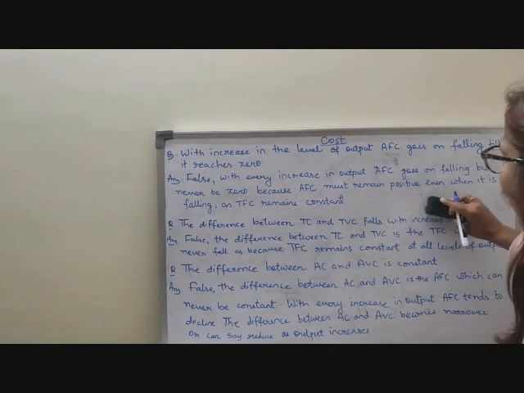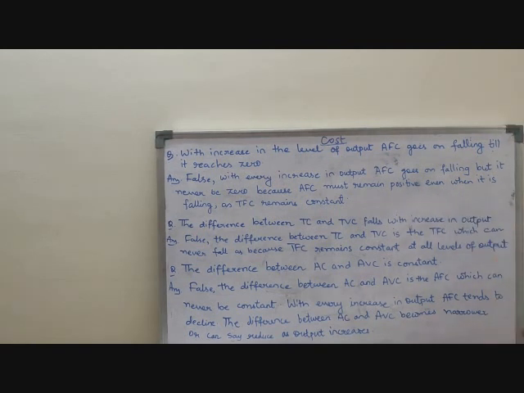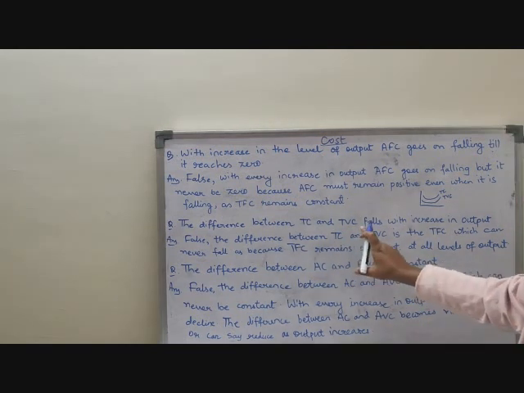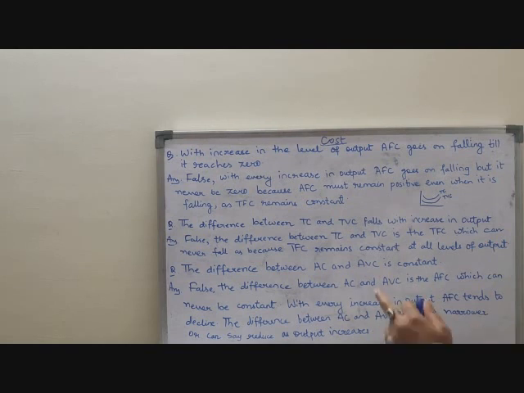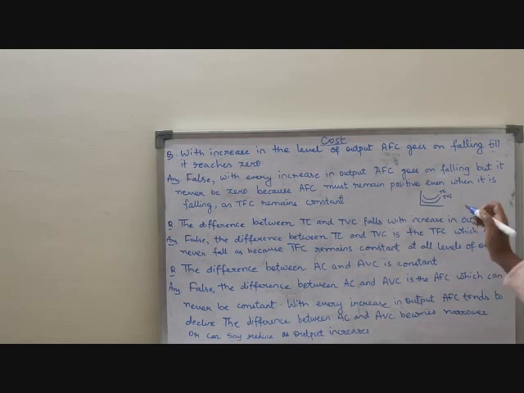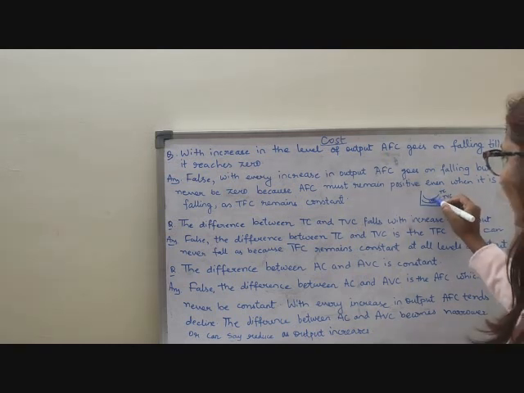So see the diagram and tell me the difference between. Now this is one diagram. Here I am saying total cost and total variable cost. Both are U-shaped. So this is total cost. Now you tell me, does the difference between total cost and total variable cost fall with increase in output? So false. The difference between total cost and total variable cost is the TFC.